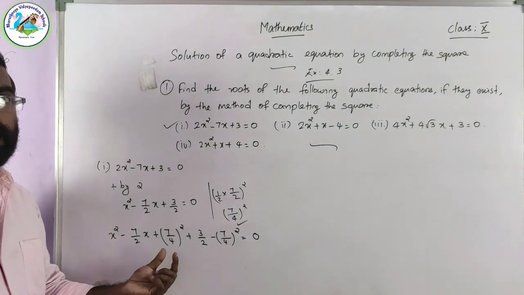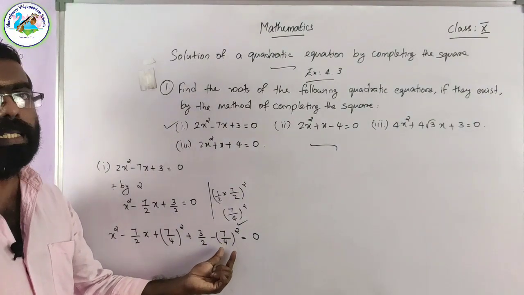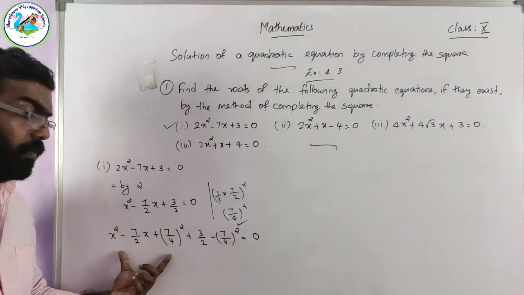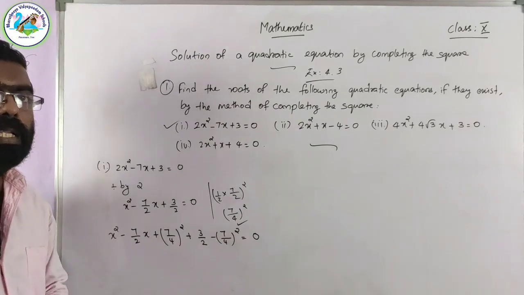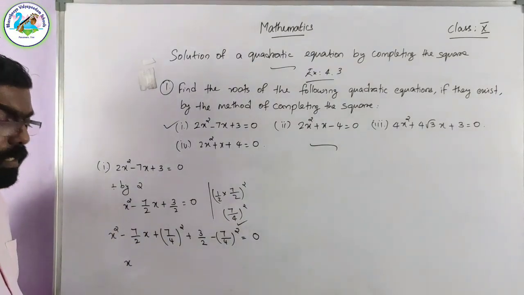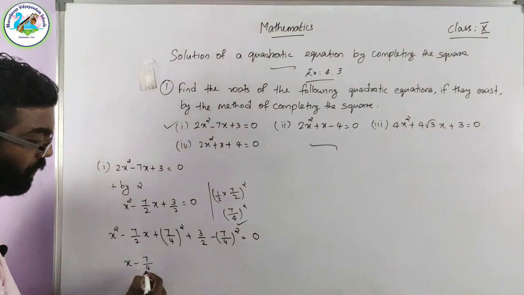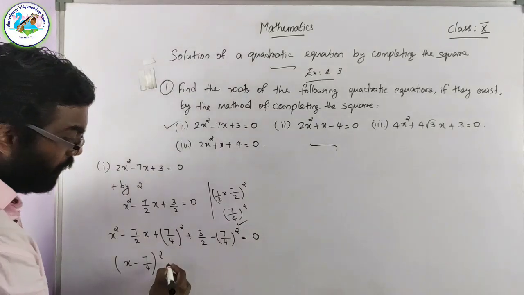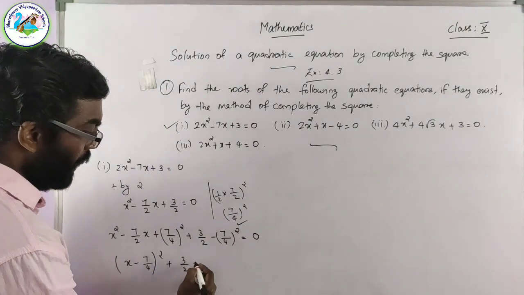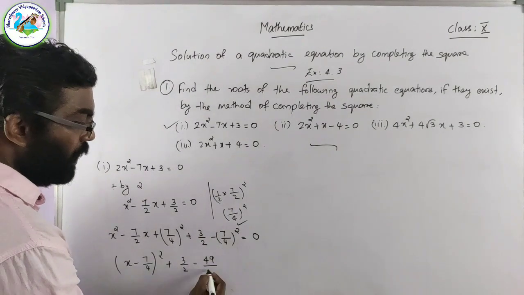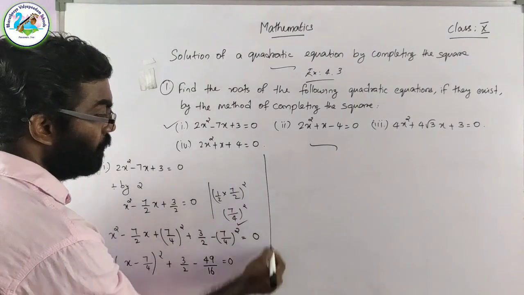The addition term we write as the third term, and the subtraction term we write as the last term. Now combining the first 3 terms, here it is minus, so a minus b the whole square. For that we take the square root of the first term, here it is x, the sign of the second term, here it is minus, and the square root of the third term, 7 by 4, then whole square. x minus 7 by 4 the whole square, then plus 3 by 2 minus 7 square. What is 7 square? 49. 4 square 16, which is equal to 0.